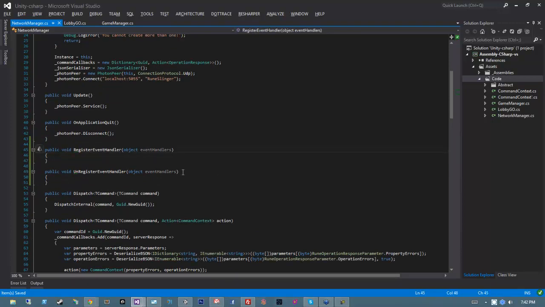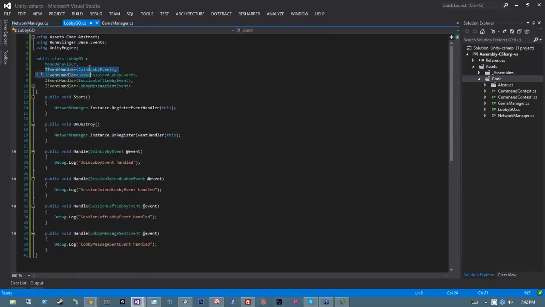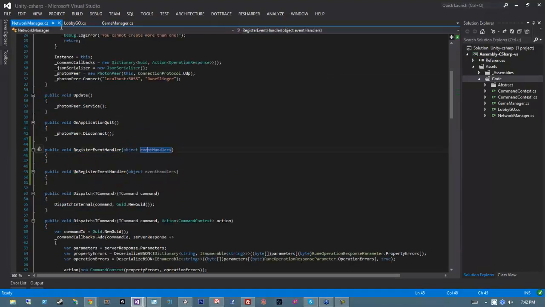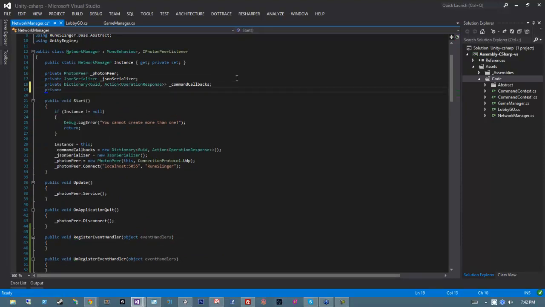So what we need to do is take this object, find out what interfaces it implements, extract out all of the different things, find their corresponding methods, and then add them to a dictionary that will be used to pass along an event into that handler. So let's start with the data type that we're going to be needing for this. We're going to need a dictionary of type,